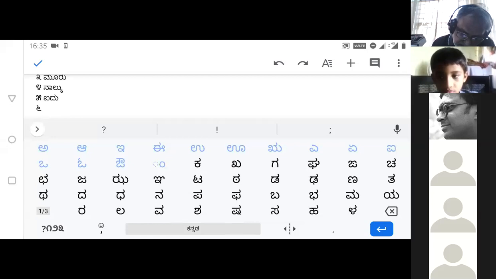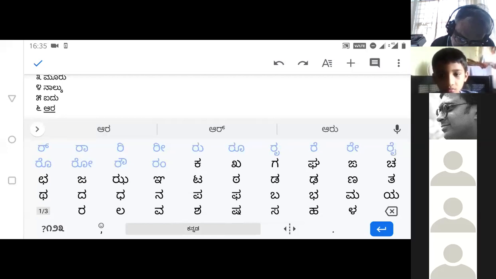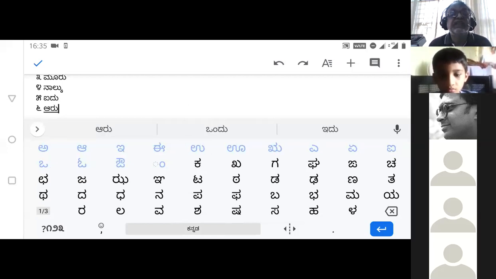You have for 6. ಆರು. ಒಂದು ಎರಡು ಮೂರು ನಾಲ್ಕು ಐದು ಆರು.